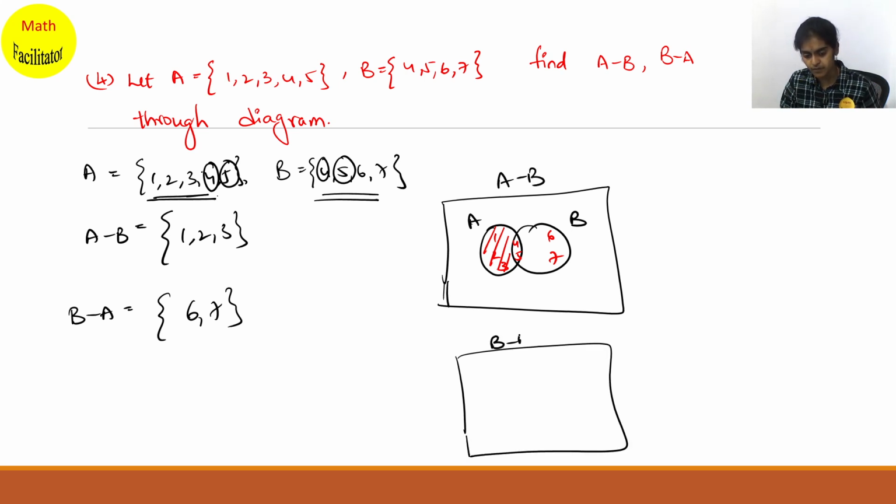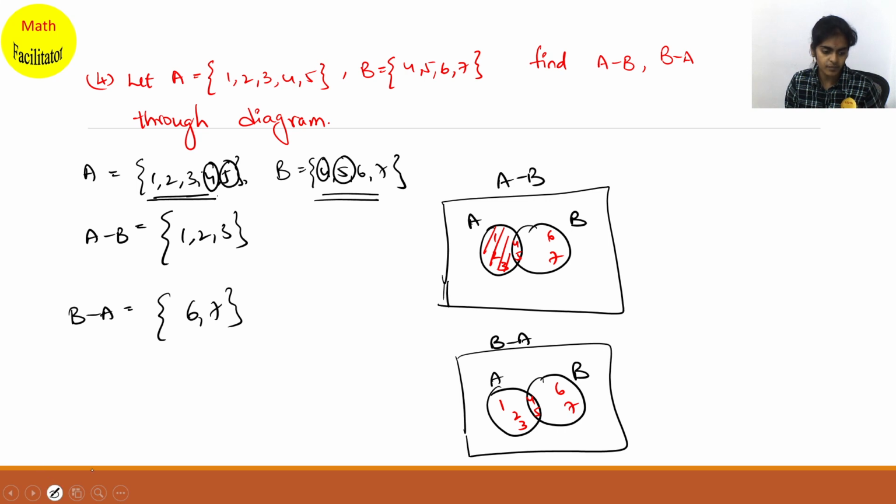Now if you want B minus A, suppose this is A, this is B. So you have 1, 2, 3 here, 4 and 5 are common, and 6 and 7 you have. So B minus A is nothing but only 6 and 7, isn't it? Only this part. You will not take the common part, you will remove the complete A. See here, this complete A we are removing, including the common part. Getting the point? If you remove this common element from B, you will get B minus A.